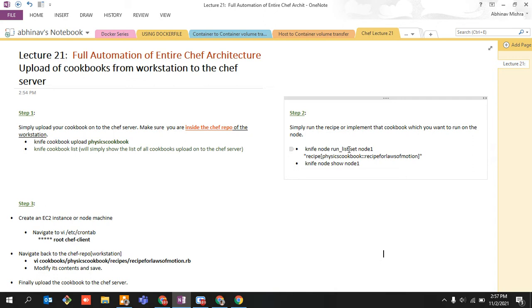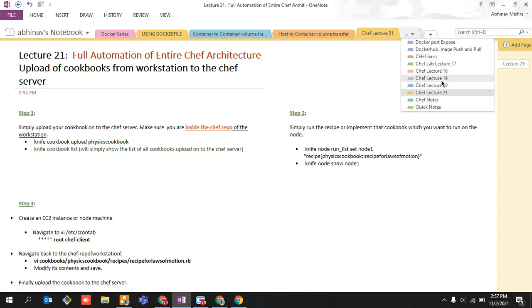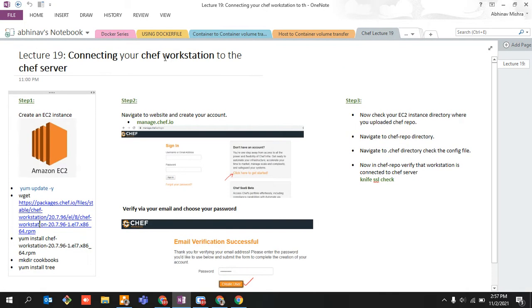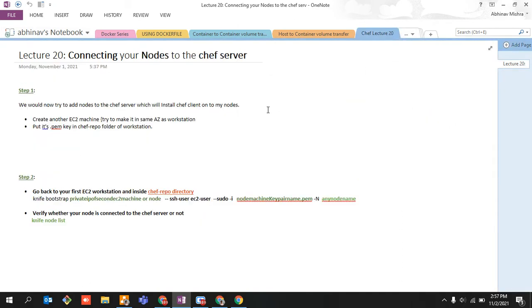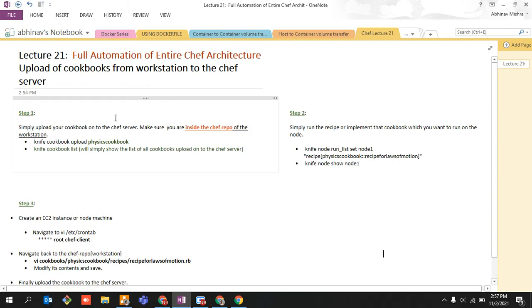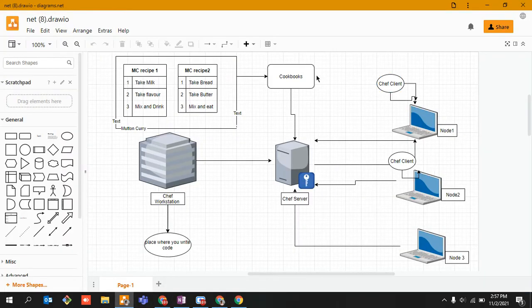Those who have not practiced my previous sessions, like how to connect your chef workstation to the chef server, and how we connected the nodes to the chef server: in this lecture, we will be uploading our cookbooks from our workstation to the chef server and analyzing this architecture. We expect that this time we do not call chef client manually. Everything should get automated on its own.